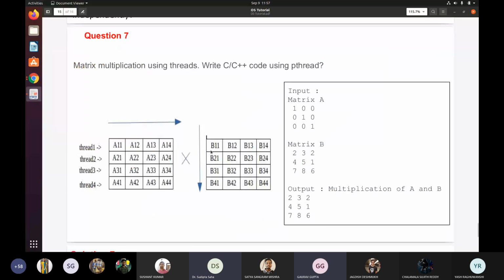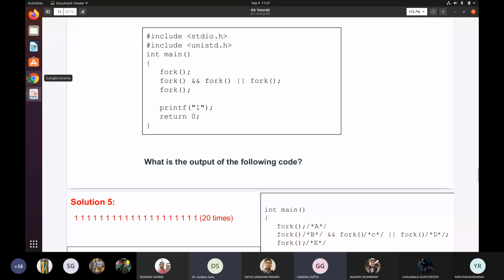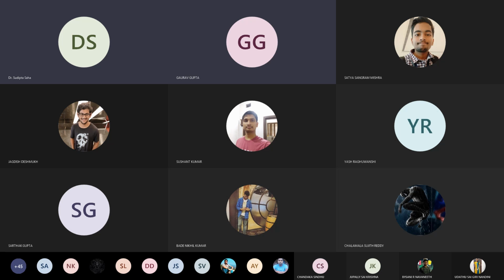Yeah, nobody should leave. Okay, I'll have to download the attendance and upload it. Wait. So Gaurav and Yash, you can upload this slide in the class material section. Just mention the name tutorial 1, tutorial 2. Tutorial 1 will be uploaded by Chandra. Just mention tutorial 2. Let me download the attendance and upload it.